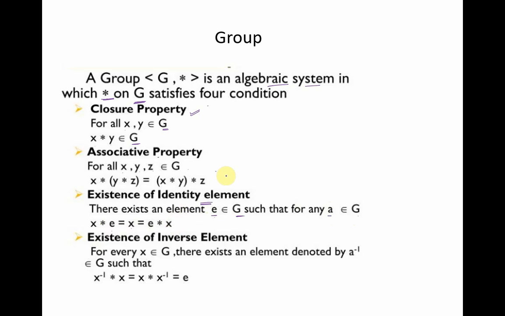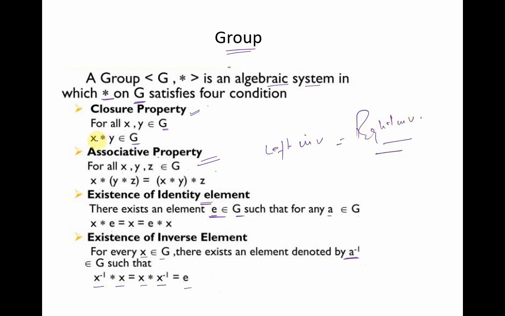We talked about that there can be two identity elements, one left and one right identity element. But in case of algebraic structures, the left and right identity elements are same. That's called simply an identity element. Similarly, for every element x belonging to G, if E is the identity element, then there exists an element denoted by x inverse such that x inverse star x is equal to x star x inverse is equal to E. Once again we talked about there can be two inverse elements, left inverse and right inverse, but in case of a group or in case of any algebraic structure that is associative, the left inverse is equal to the right inverse.